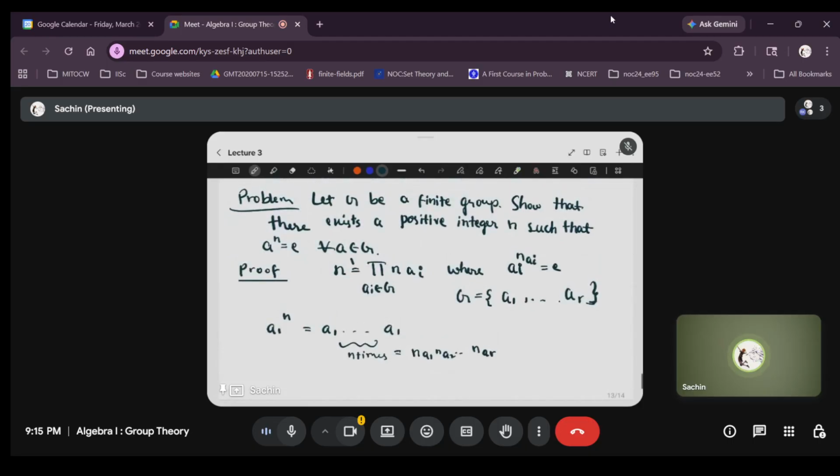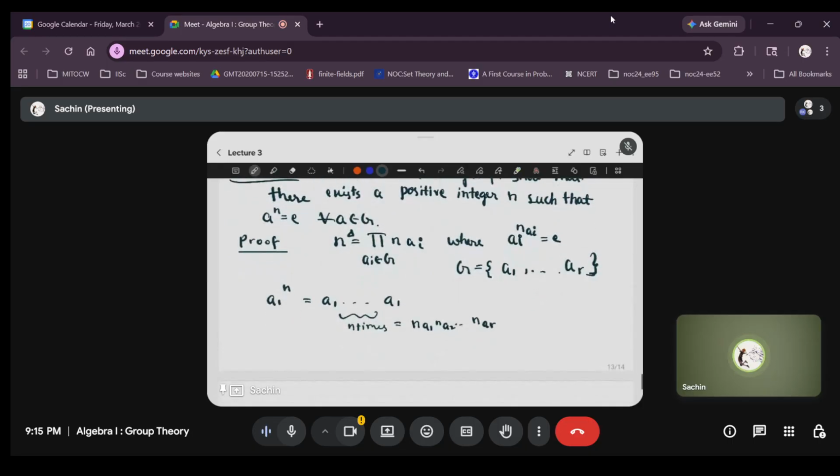I defined N to be the product of all these numbers. Then you can write this as, you can group them: n_a1 of the a1s, then another group of a1s,